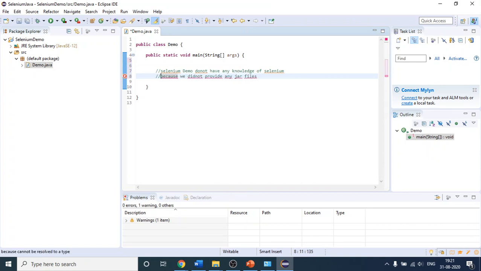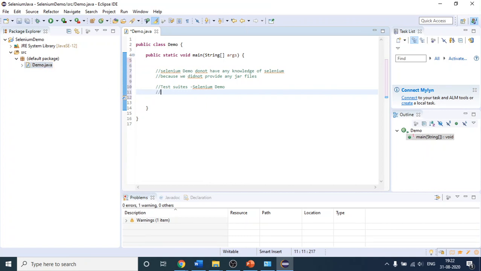One more thing. I think you have heard about test suites. Suppose Selenium demo is my test suite, and this demo is my test case.